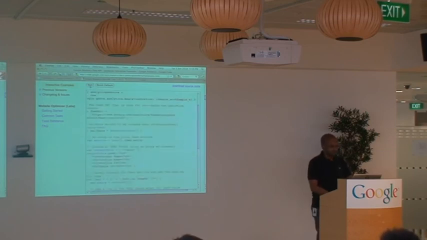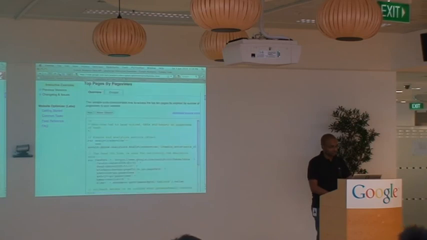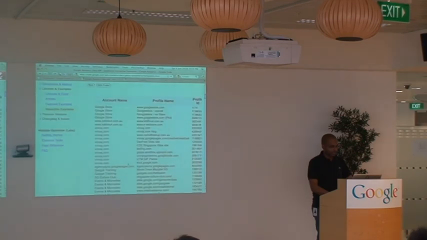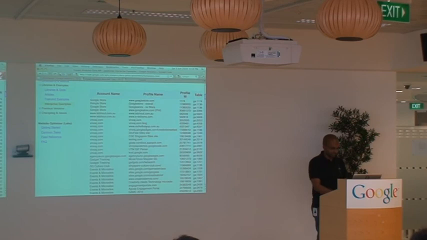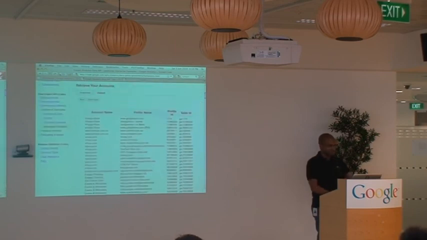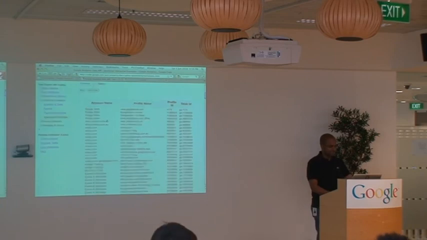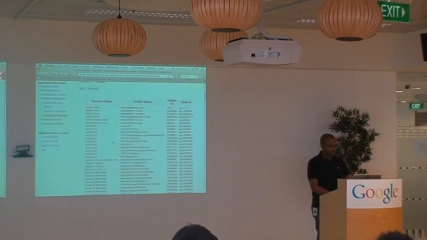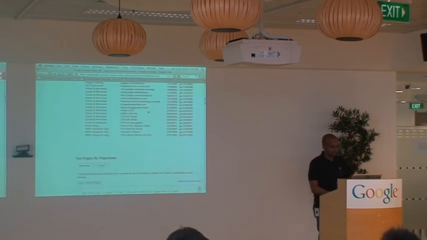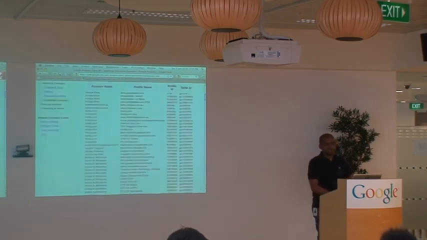So let's see what this looks like. Let's hit run. Yep, there we go. Now this lists all the various accounts. Let me just reduce the font size for a minute. You can see here on the left, it has all the accounts that I have access to. Under each account, it tells me all the various profiles I have access to, and then gives me all the unique IDs in case I need to pull that information.